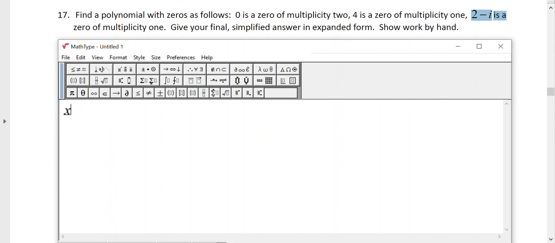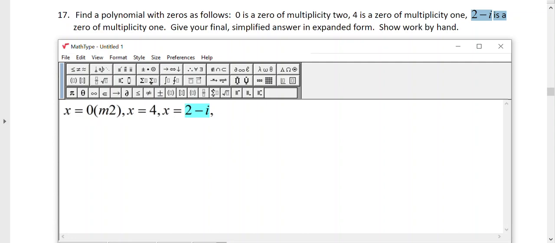I have x equals 0, and that has multiplicity 2. I have x equals 4. If it has multiplicity 1, I'm not really going to note that. And I have x equals 2 minus i. Again, multiplicity 1. Now, I do have one additional zero because I know that all imaginary zeros occur in conjugate